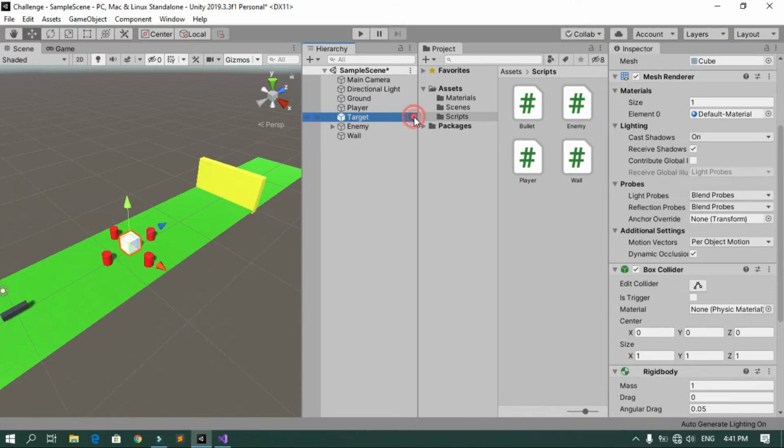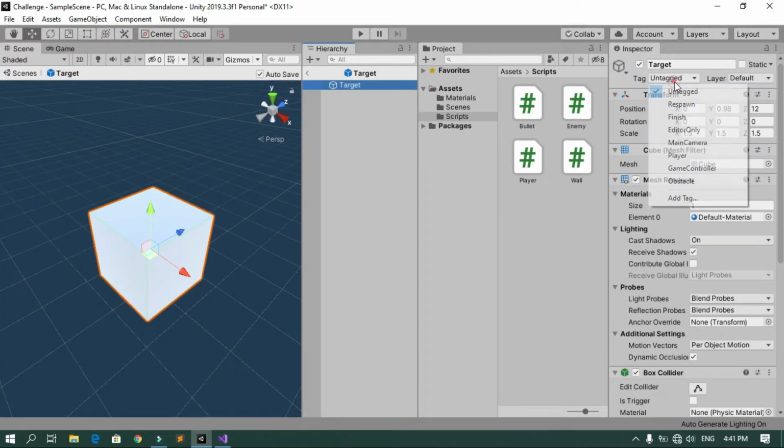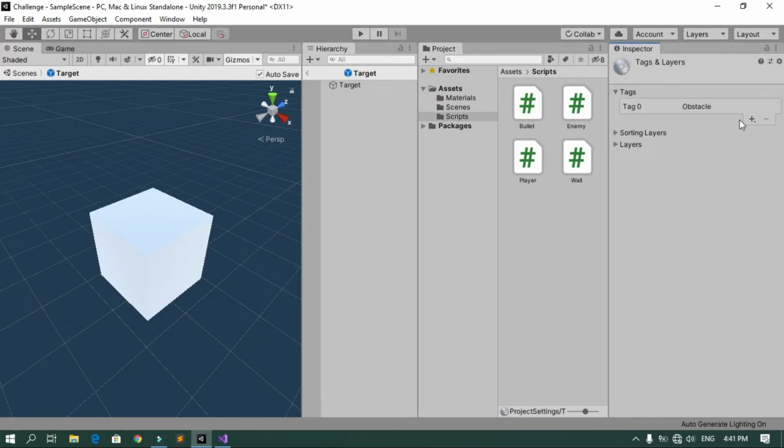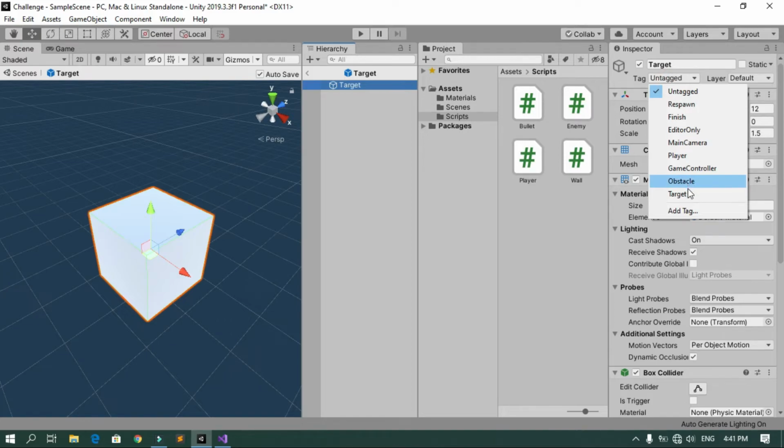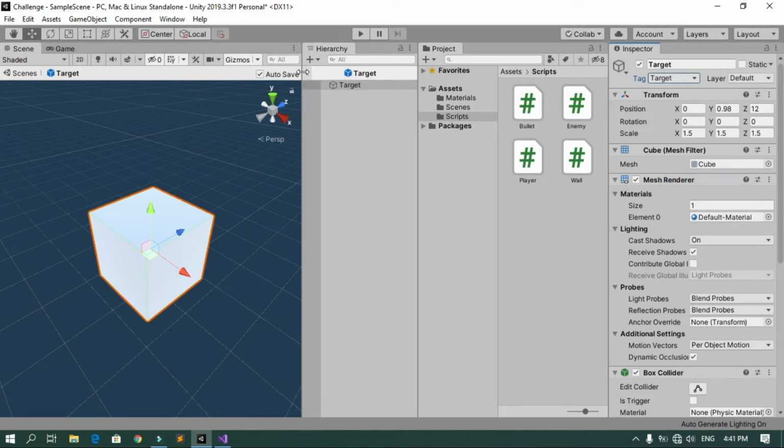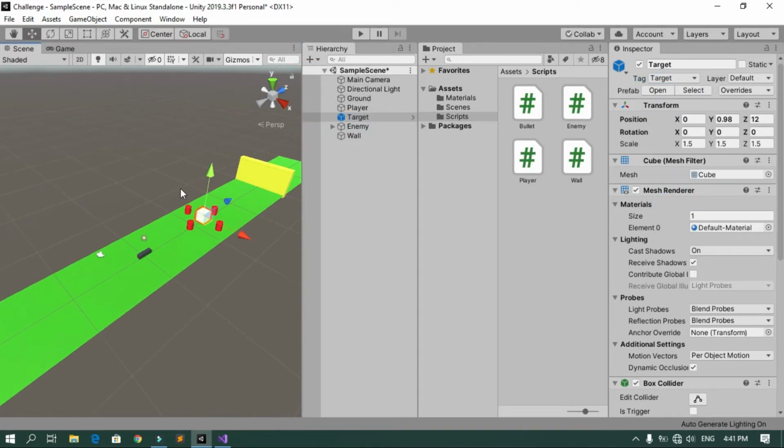Then I'm gonna add a tag over here. Let's change the tag of the target. I'm gonna add a new tag, let's call it target. Make sure to spell that right. Then let's assign this tag to our cube,